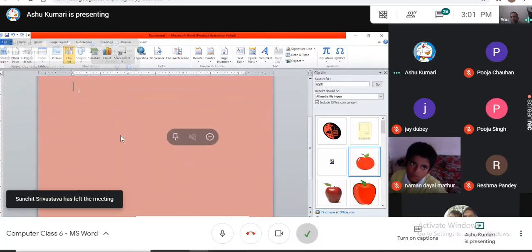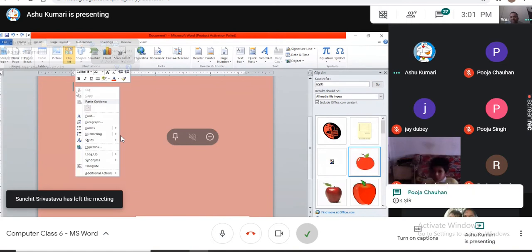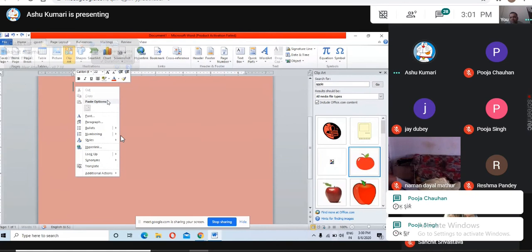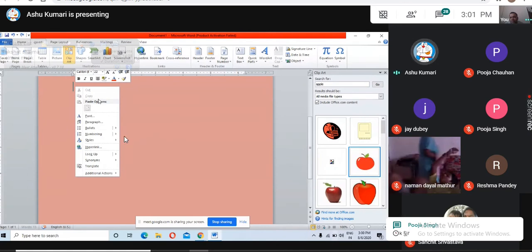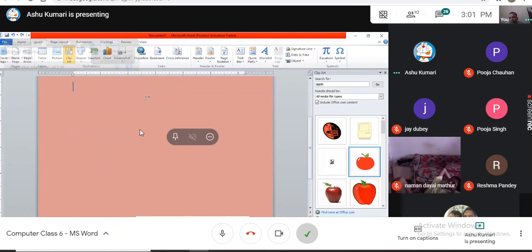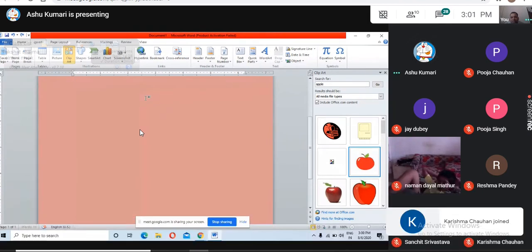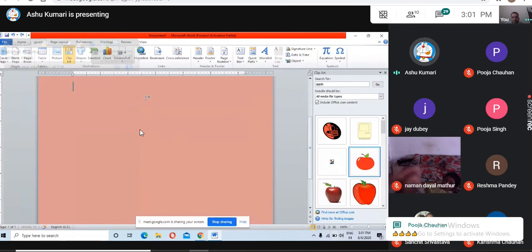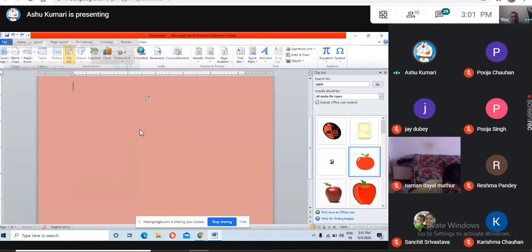Control V is the option for that. Click on paste. Is it not working? Use the Control plus V. Use the control V. Is it working, Control V?